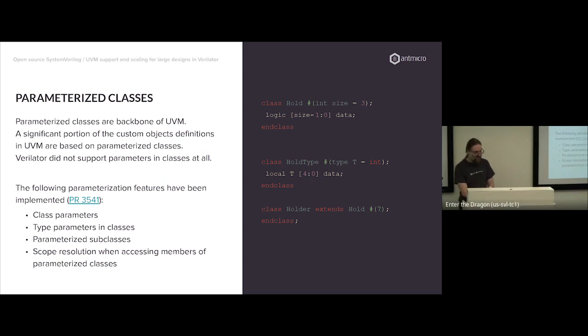That's one big one. UVM is based on parameterized classes, and they just weren't there. So we had to add them, and these features are implemented in a big PR here. Here's a list of the things we had to do. And again, there's quite a lot of stuff that's working. I'm sure there's more that we need to add, but